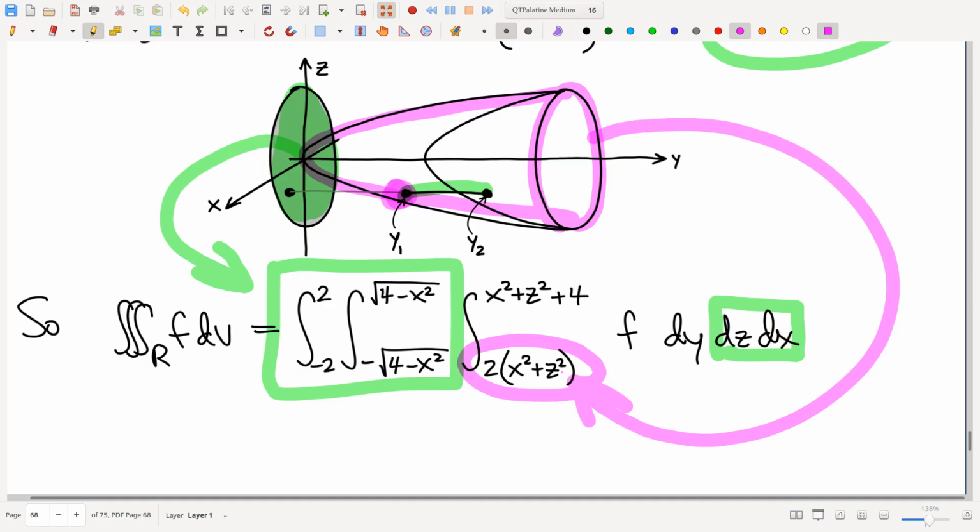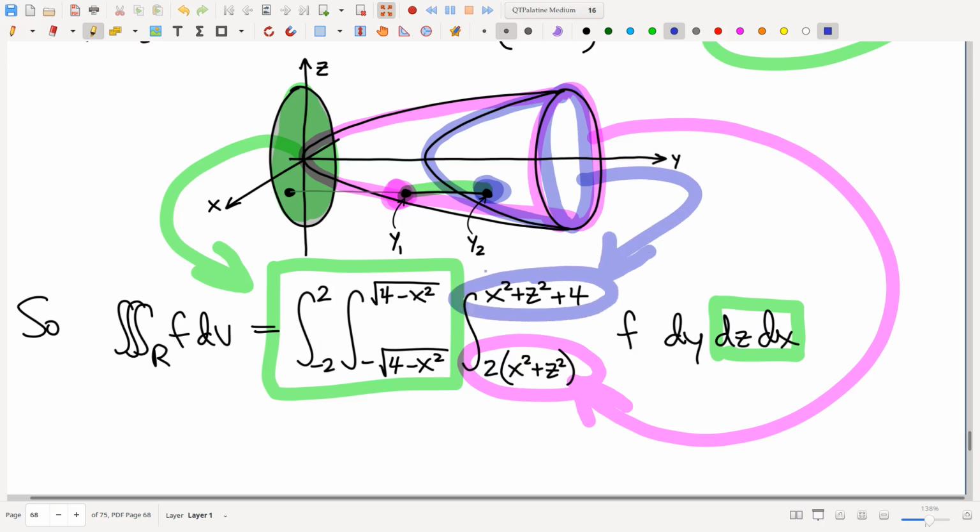Just given in the statement of the question that equation was y equals 2x squared plus z squared. And then the upper bound for y is at that point, which is on that surface, which again has an equation that we're given in which if you solve for y, you get y equals that. And so actually pretty easy to do this one, thinking about it from a projections point of view, whereas the slicing point of view would have had these artistic challenges